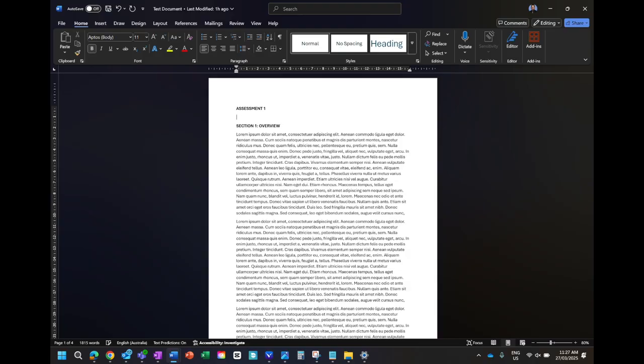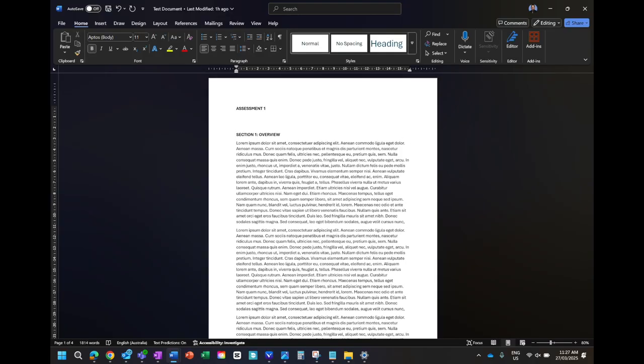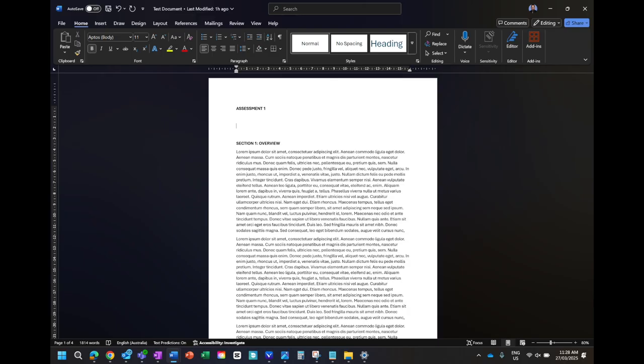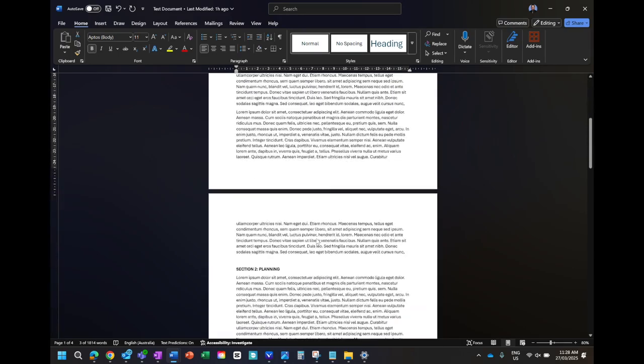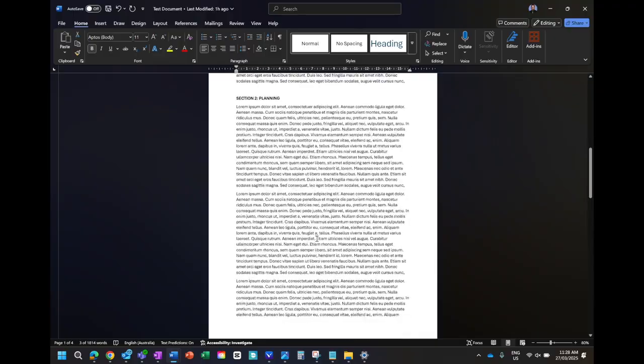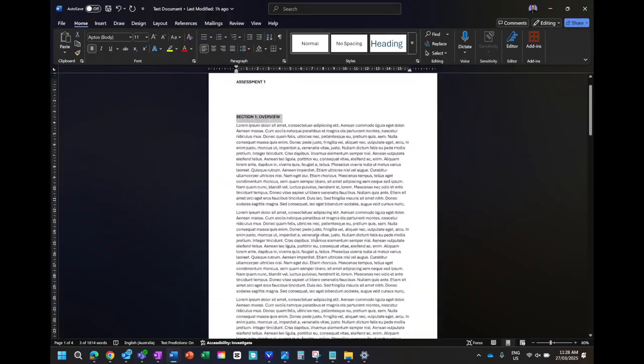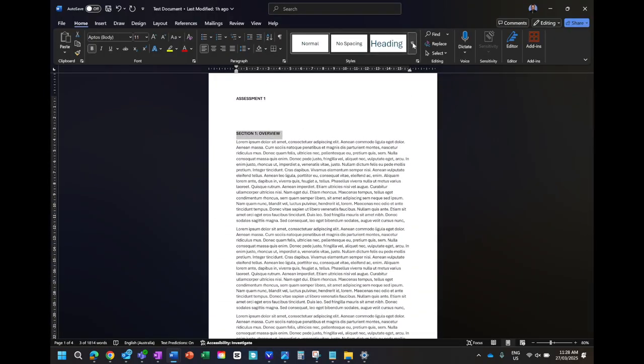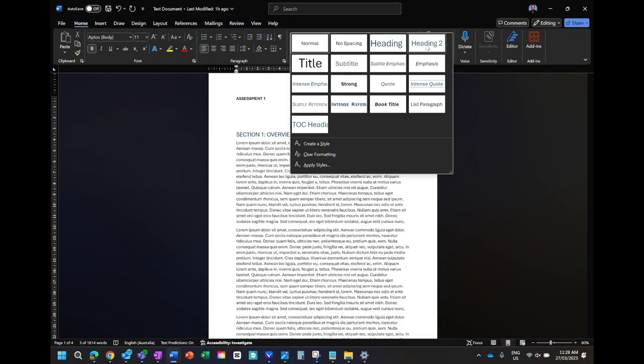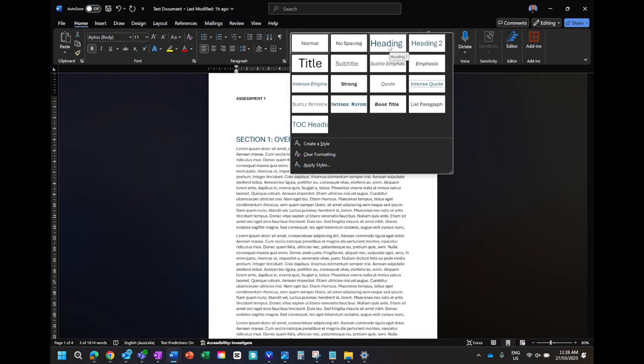But Word does allow you to add in an automatic contents page that will detect the sections that you have and add them on. So what we're going to do is make sure that the essentially headings sections that we want in our contents page we actually have in our document. So if those weren't there, there's nothing for Word to detect where the different contents pages should be for our list. Now, once we've got those in, we do need to make sure that for style, we have them as